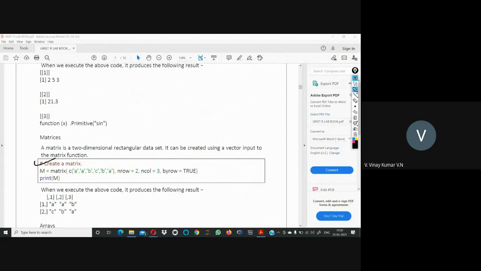Like that we define 2 matrices, then simply add the 2 matrices and take the product of the 2 matrices. The fundamental thing we know is that they should be the same size for addition to be possible. And if you want to take the product, then the number of columns of the first matrix should equal the number of rows of the other matrix, then only the product is possible. These 2 basic properties we have to follow, otherwise we will get an error that the sizes of the 2 matrices are not matching, so it is not possible to do addition or the product. As of now, this is how we define the matrix. Now we'll see the experiment.